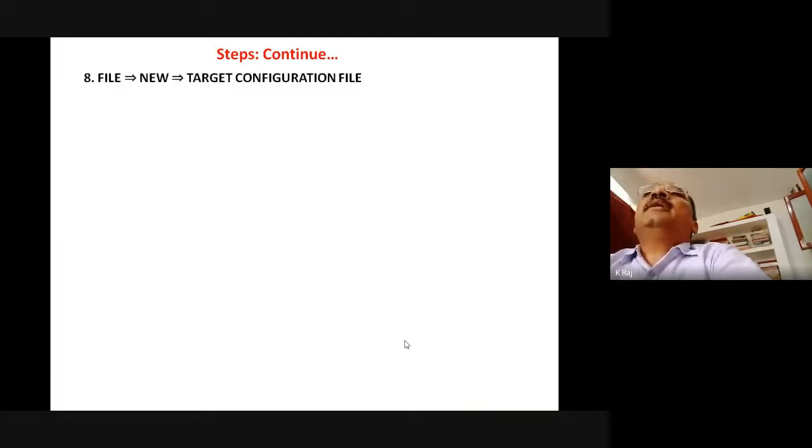Now in the 8th step, we will again come to the file here, and we will select the new target configuration file here, and then the file name, project name, and the extension will be .ccxml, and this extension is required here.